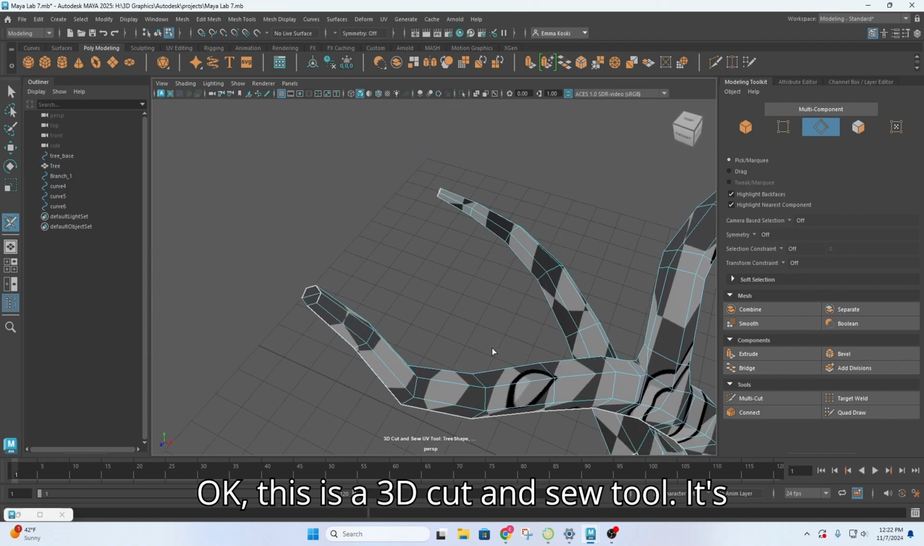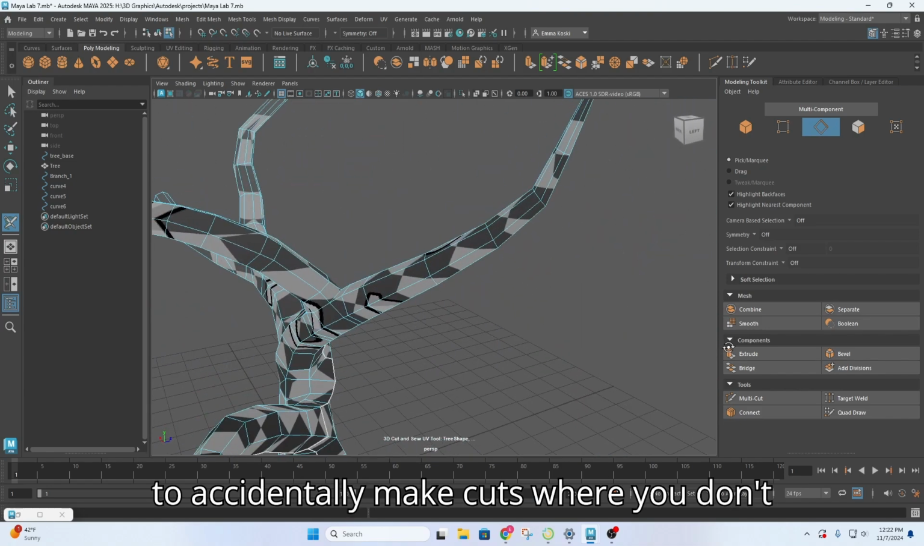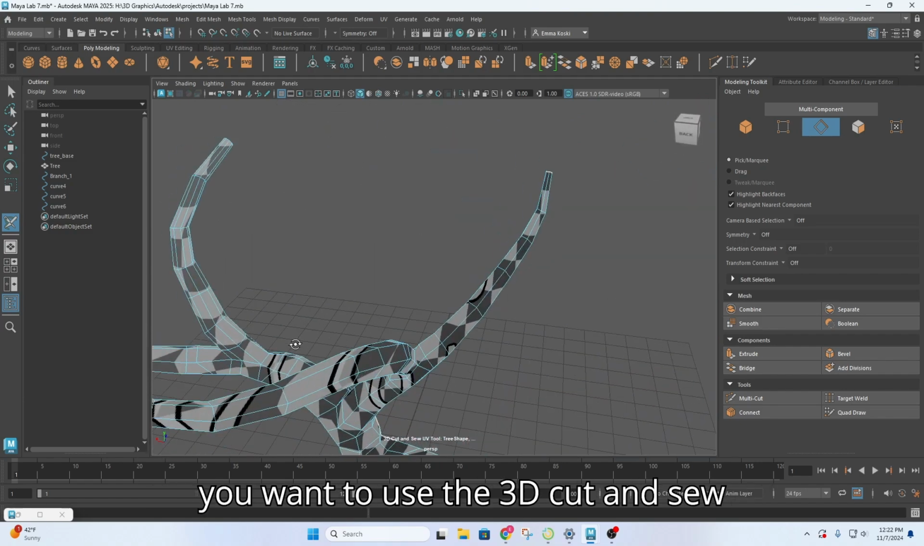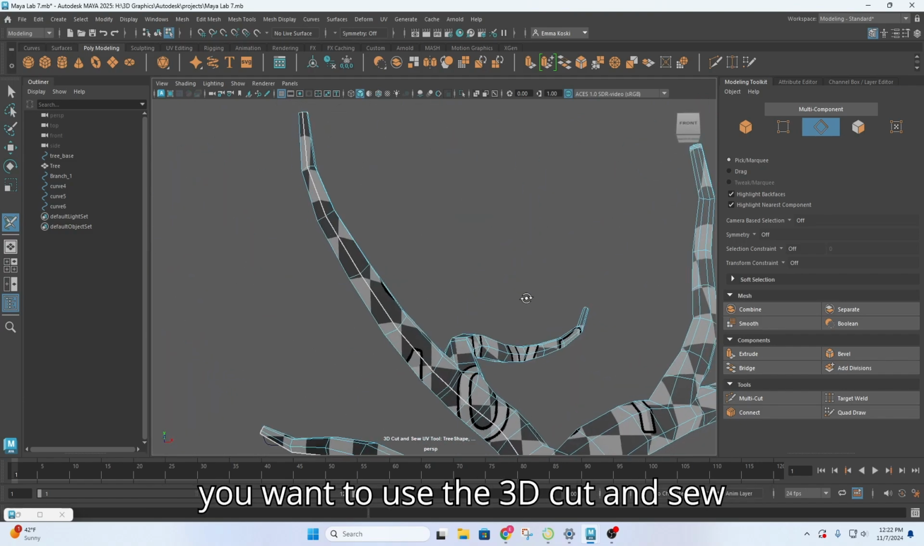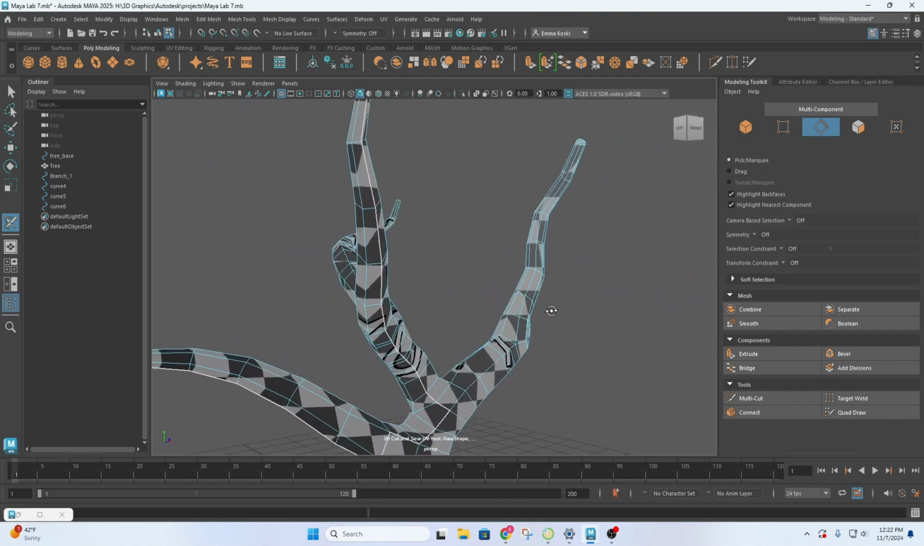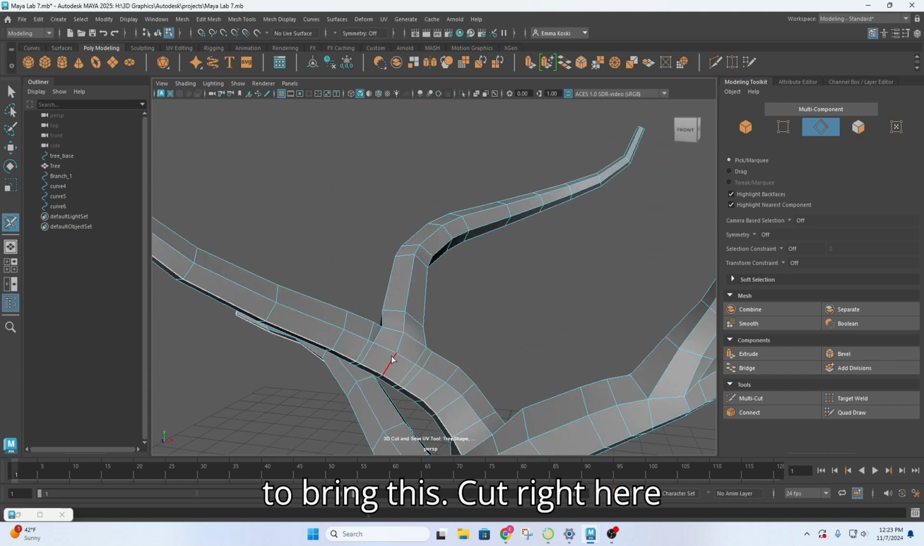Okay, this is the 3D cut and sew tool. It's nice, but it's kind of finicky, and it's easy to accidentally make cuts where you don't want them. So just keep all of that in mind when you're thinking about whether you want to use the 3D cut and sew tool, or if you want to just select the edges and then use the regular cut tool. But that looks good, and then I'm going to bring this cut right here, and I'm going to go ahead and